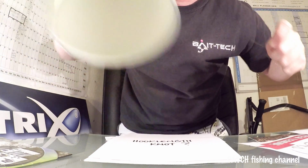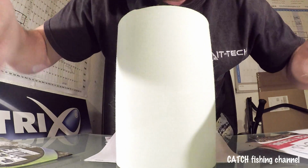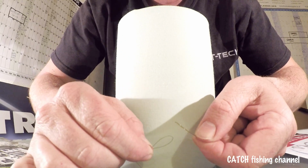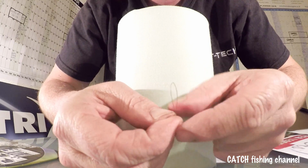So I've got two lengths of line, one will represent the hook length, one the main line, and I'm just going to put this shade here. That might allow you to see it a little bit better. So all you do, hopefully you can see this, you can pretend that side is your hook length, that side is your main line, and all you do is thread the hook length through the loop in the main line, like that,